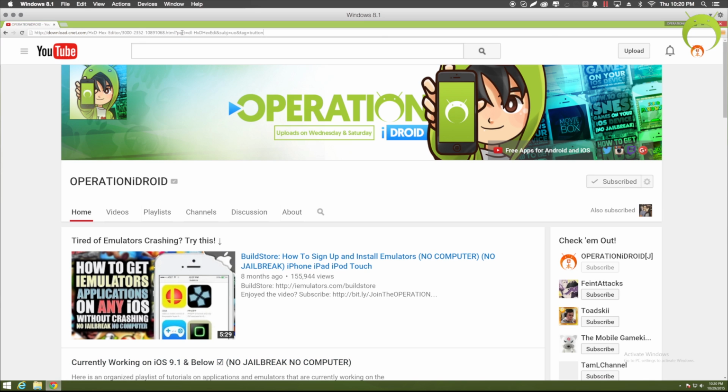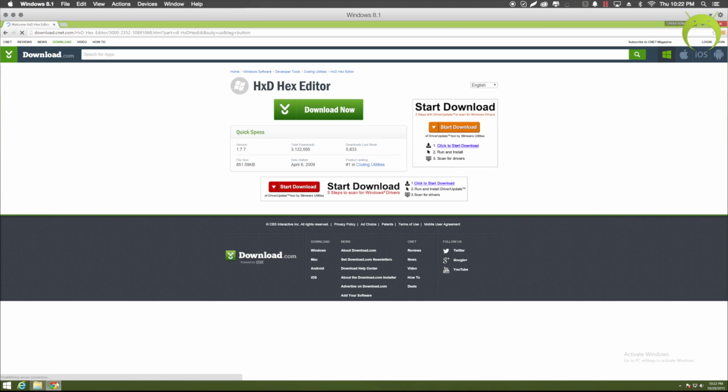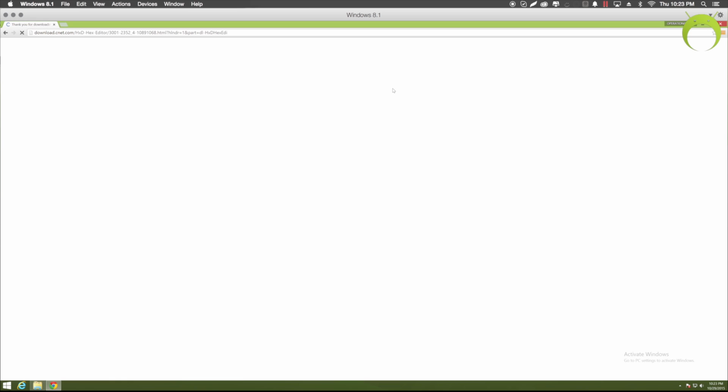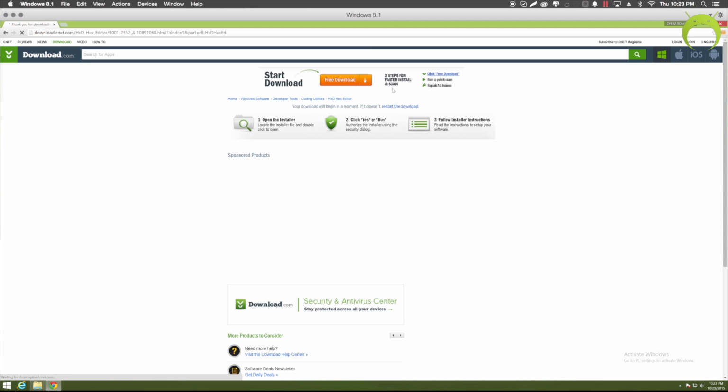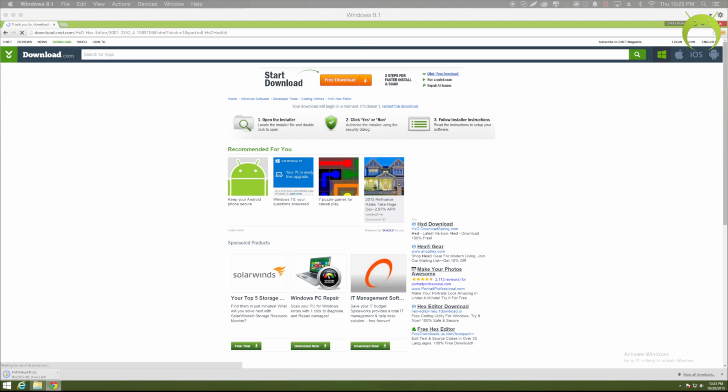And you'll need to download a file from the internet that's a hex editor. I'll have a link to this site in the description below, so just paste that into your favorite web browser, and upon arriving at the site, you're going to click download now, and it'll take you to another site. However, your download should begin automatically. If it does not, then click on the restart download link that you see at the upper side, and it'll begin to download this zip file for the hex editor.